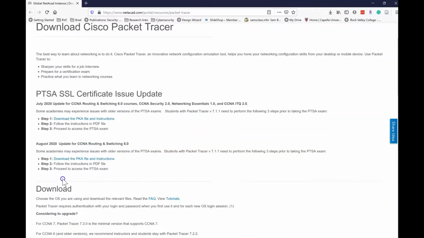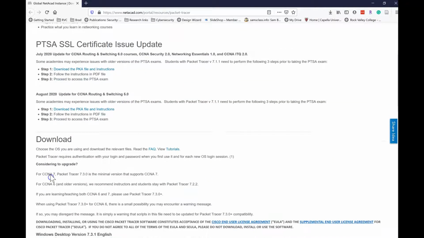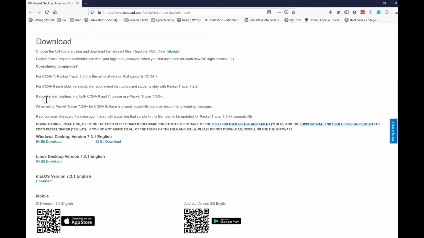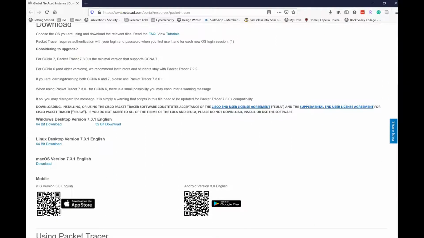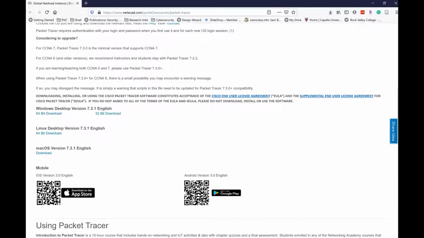as you scroll down, you've got your main page here. There's a couple updates. I just go down to your main download. So we've got the 64-bit Windows download, which is what I have. I've already downloaded it because I did not want to spend so much time waiting for a download. But if you have Linux or Mac or even mobile versions, I'm going to try it both on my Samsung tablet and on my iPad, so I'm going to try it out. So right now what I've noticed is